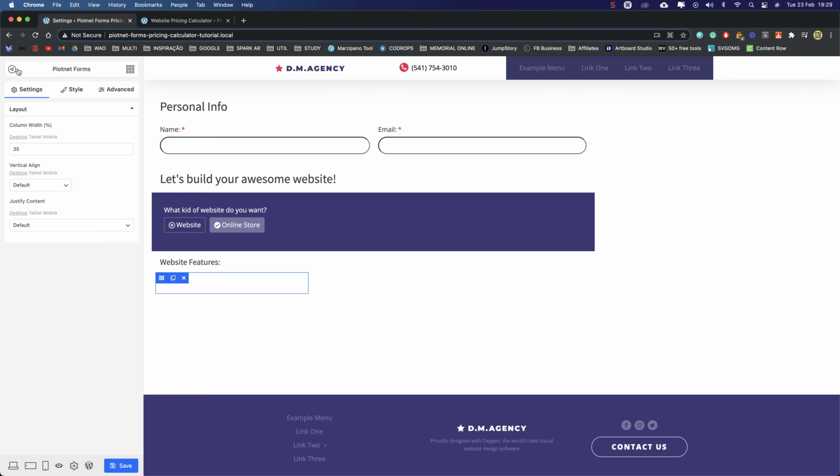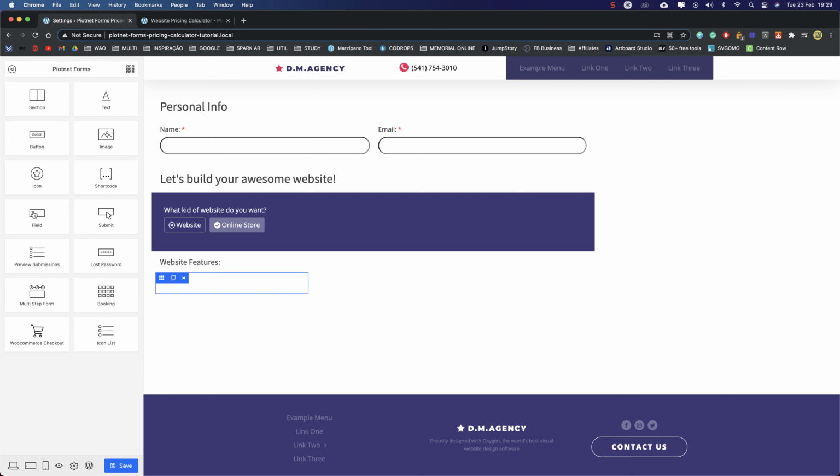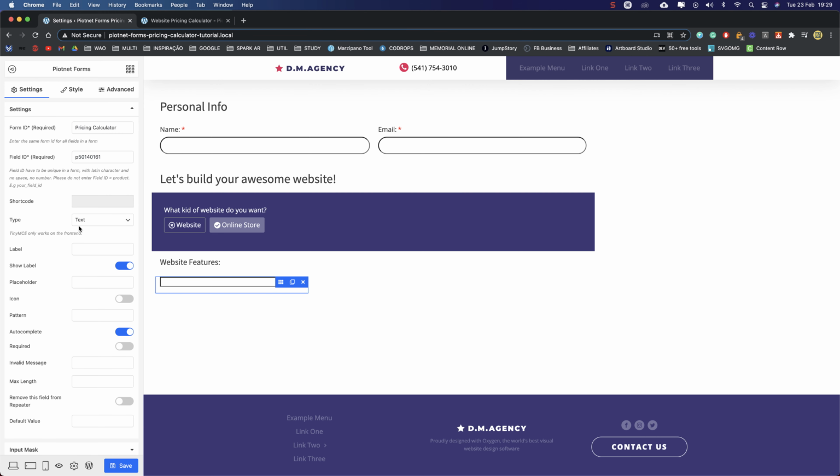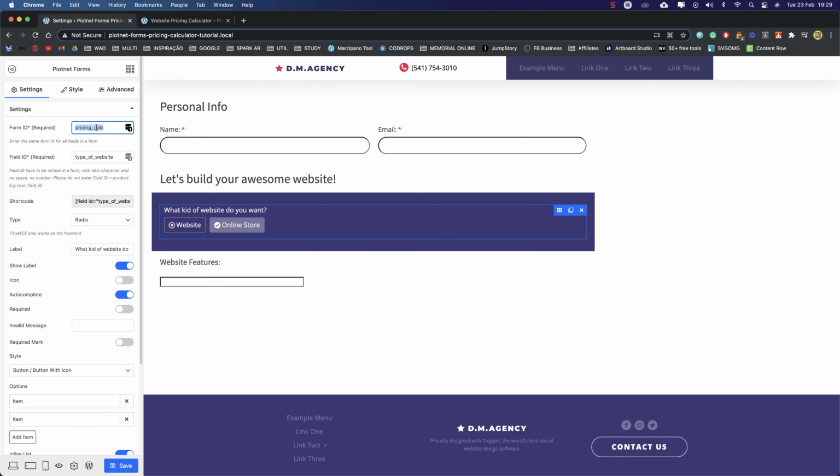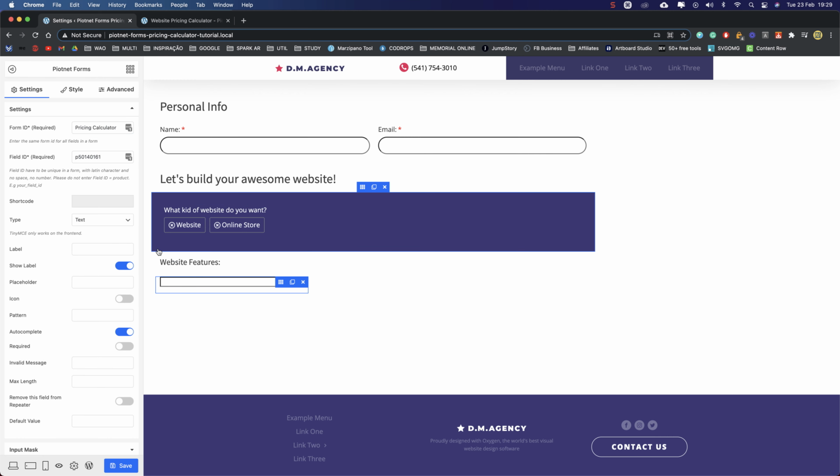now we can add more fields. Let's add one field here. This field, let's come here just to copy the form ID. I keep forgetting the name of the form ID. Let's put it here.